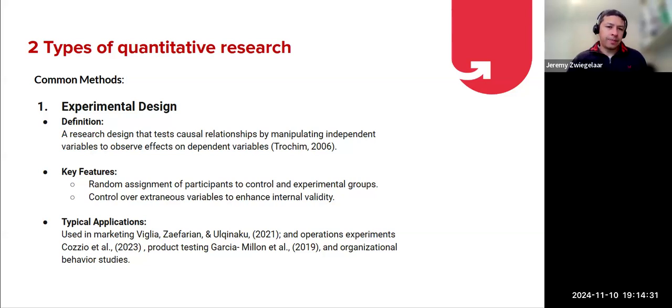So there are experiment types and applications, which have been used in marketing, and there's an example of a study that has done this. Then operations experiments. In terms of operations experiments, we want to look at whether changes in our design make a difference. The most recent examples around operations are around the effects of